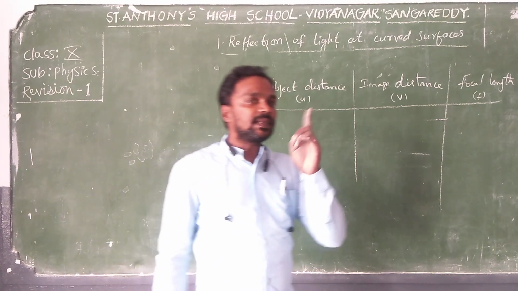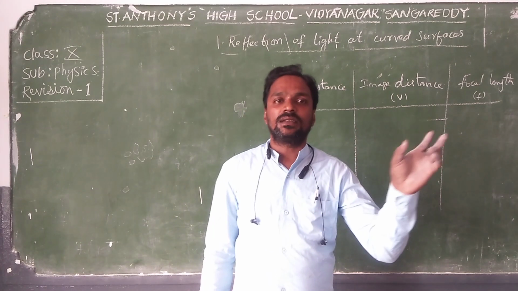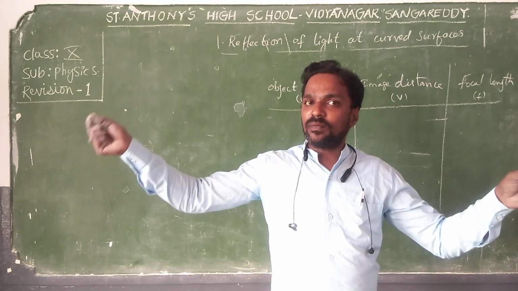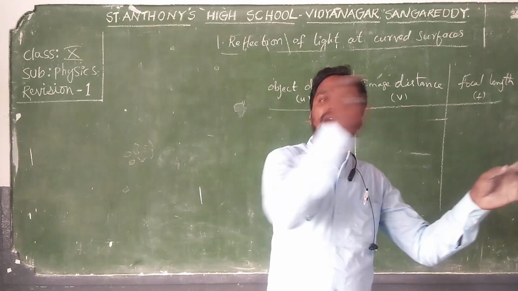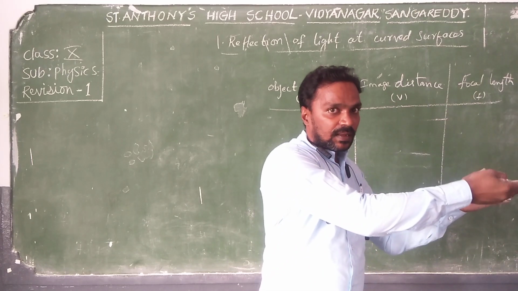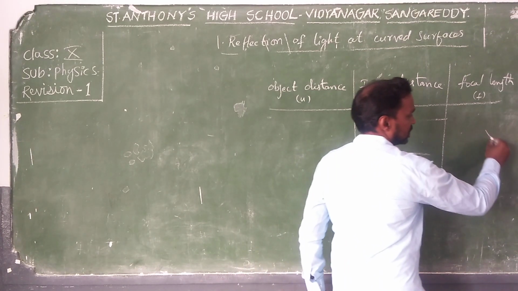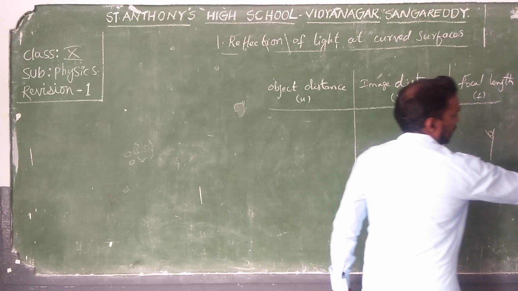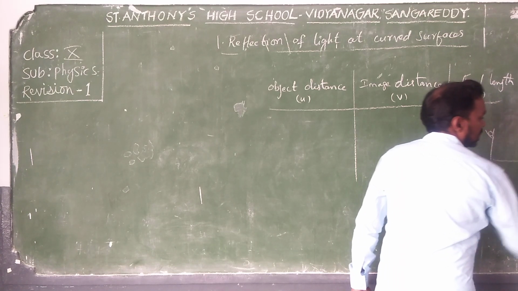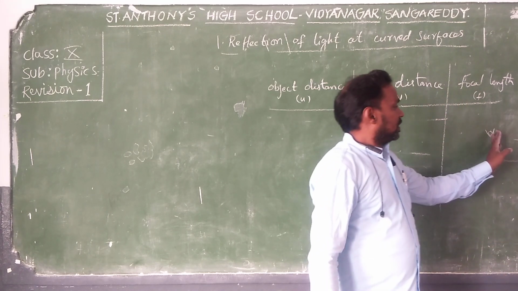Now the candle is taken as the object and the concave mirror is taken as the mirror. When the candle is burning, the image of the flame falls on the concave mirror, and the reflected rays coming from it will be caught. Suppose this is the V-stand, and here we have the candle. Here we will have some paper screen. By adjusting the paper, we can catch the image.